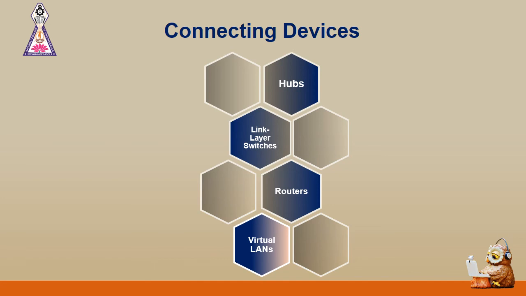How exactly the implementation is done, how it is different from the physical local area network in terms of the new definition of logical connections, and at the same time how it could be monitored in software, was considered in virtual local area network. And in the last part, we considered the advantages of virtual local area network in terms of cost reduction, time reduction, and the creation of virtual work groups, and the security that is offered by virtual local area networks. So that completes the topics on connecting devices.